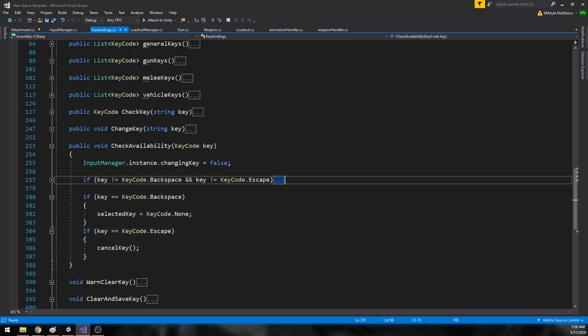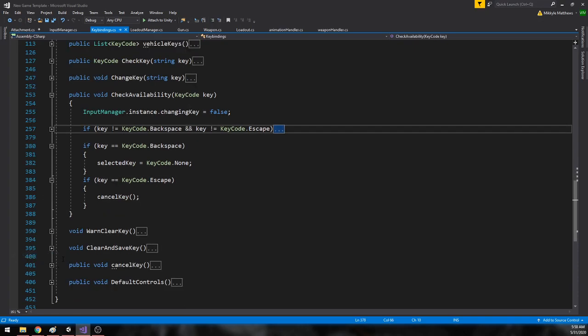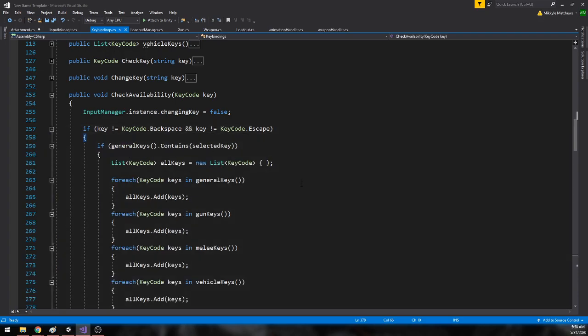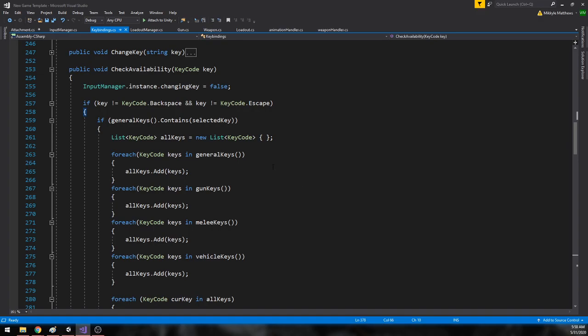And then if you press escape, it'll say clear key. Cancel key, which is basically just going to call back to the menu and then disable it and turn it off. This key function right here is the one that you're pressing. Remember that. So if it's not equal to backspace or escape, it'll do that. If the one that you pressed is not equal to backspace or escape, it's going to take that and check